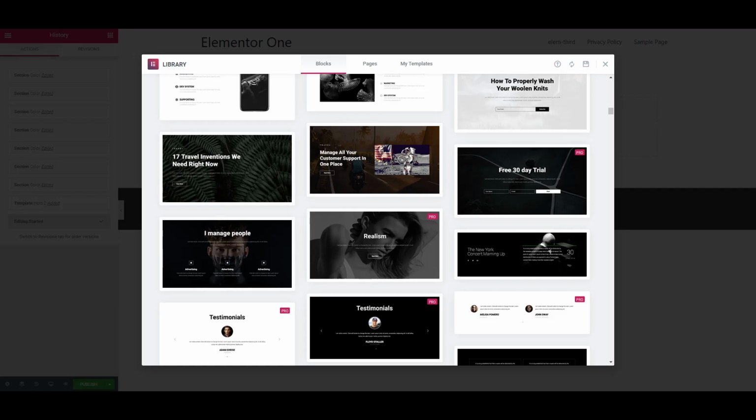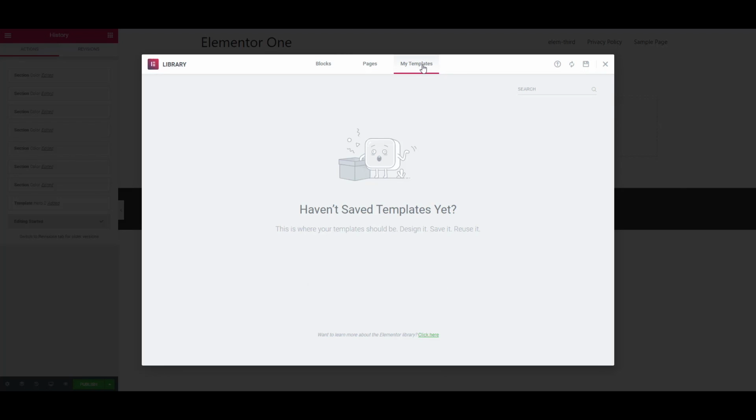In Elementor, we've created the page. Now we want to do some inserting here, and Elementor has your blocks, your pages, and your templates. And as a designer developer, you may have set up your templates so that all the client has to do, if they're setting up a blog post or whatever, is pull up something that you've created. That's really great. That's going to be available here. Pages, where